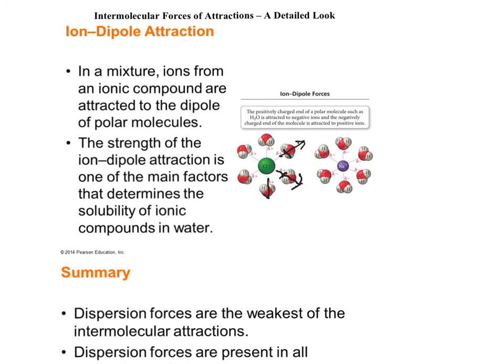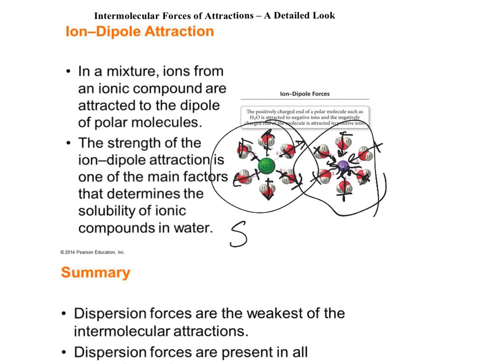So the positive ends of the water molecules, that's your dipoles, are lining up with the negative anion. So when you dissolve, that's what's happening. And then the negative ends of the dipoles of water are lining up with the positive ion. So even though we have an ion-dipole interaction, you're still having negatives matching with positives and vice versa. And then what happens is, because you have this sphere of water that forms around both of these, we call that a sphere